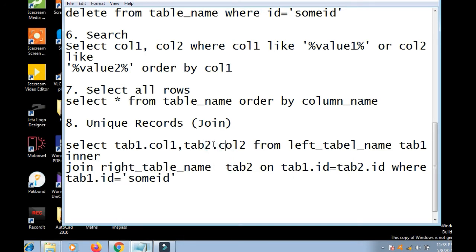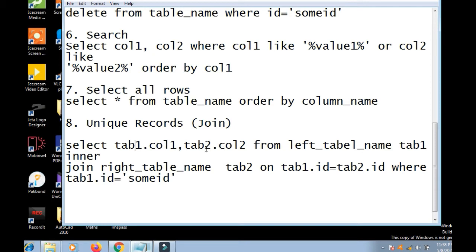Why do we use a nickname? Because the table name is long. If we write the left table name dot column 1, left table name dot column 2, and there are 10 or 20 columns, it is difficult. We shorten the table name, give it a nickname, and get all the column values with the nickname.